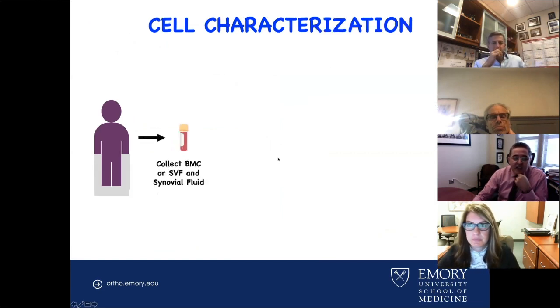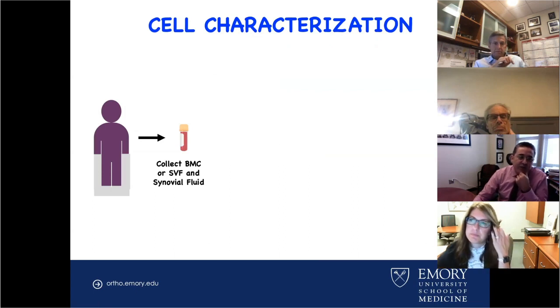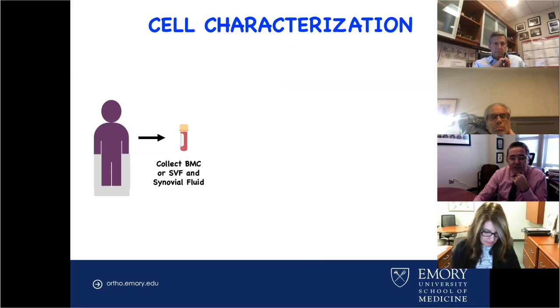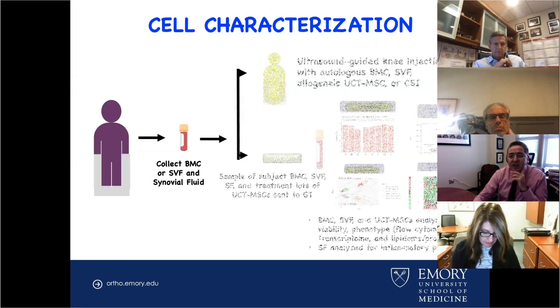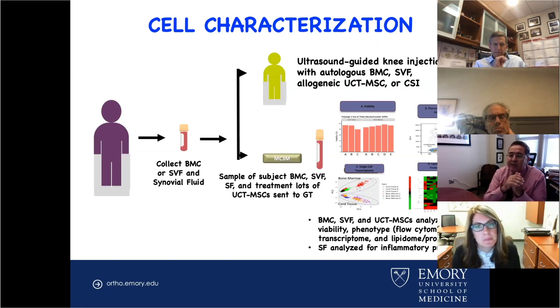And so what makes this study a little bit intriguing to us, and the reason why I was extremely interested in it, is to be able to do cell characterization. Once we collect the cells from these patients, we're able to look at their characteristics. In collaboration with the MC3M from Georgia Tech, we're not only looking at viability, but we also want to look at phenotypic markers. These are surface markers. We can do that by flow, but we're also doing some single cell transcriptomics,